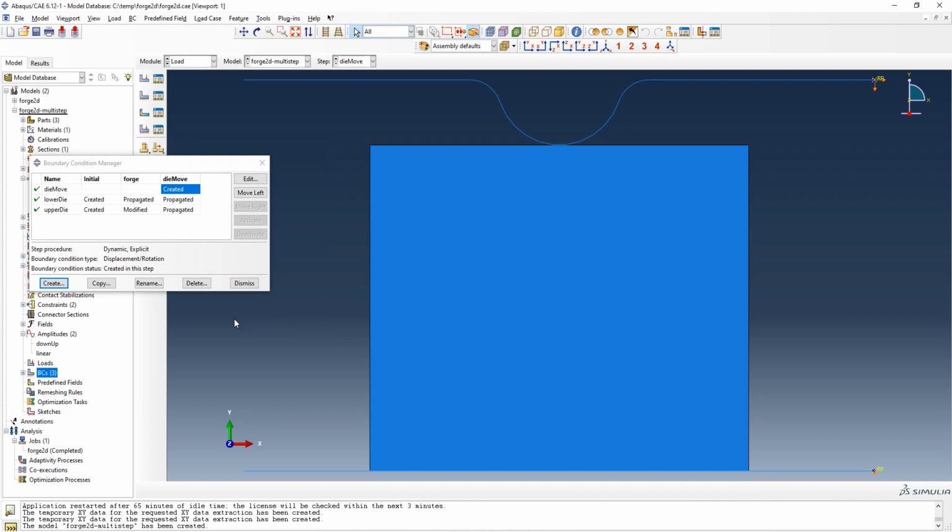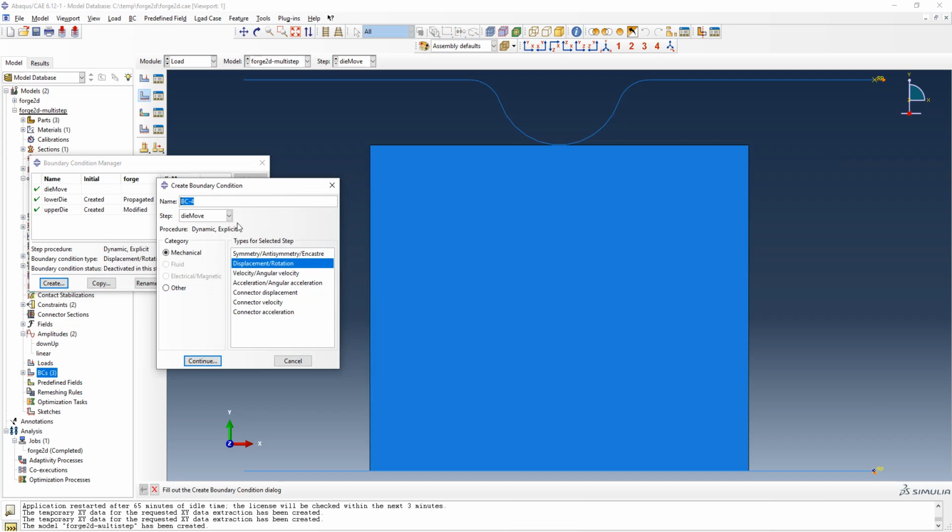it moves 10 millimeters. Now the lower die is propagated, this one is deactivated, so this upper die first part will not take place in this step, possibly. Okay, and then we want to create again, so this is getting a bit complicated, but we will see. And then we want to move this part downwards again,